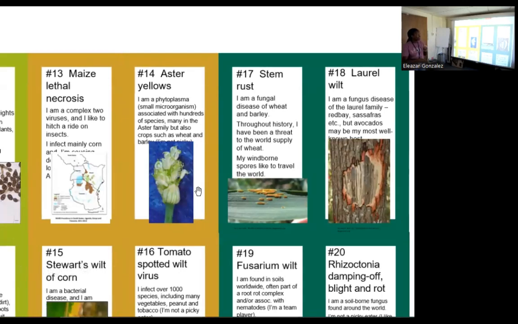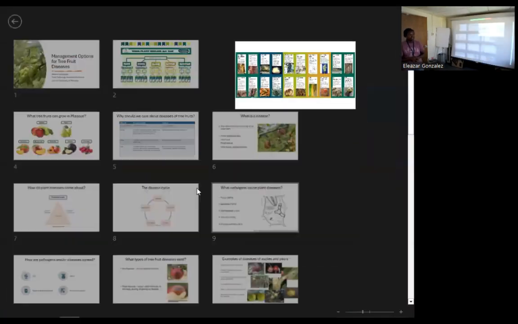Laurel wilt is also a fungal disease of the laurel family, and it will have hosts such as the red bay, sassafras, and avocados, maybe the most well-known host. So you see the diversity, a lot of them fungal diseases, but I did this exercise just to show that plant diseases can be caused by different pathogens. We have seen an example of a bacterial disease, a fungal disease, we had a nematode disease, and we didn't have any viral diseases. And so when we go into today's presentation, next slide, please,